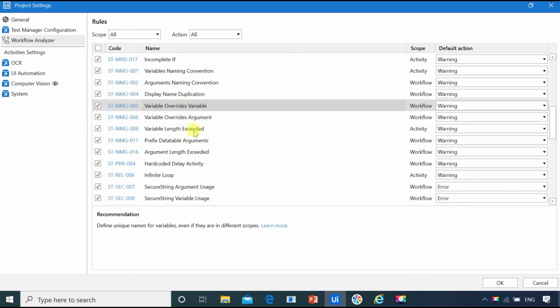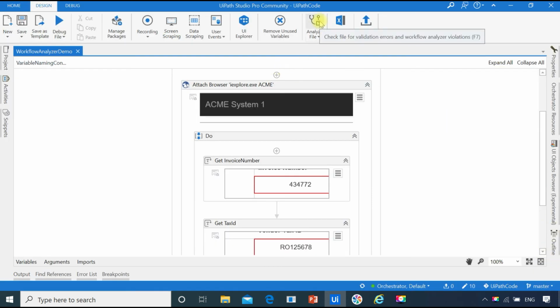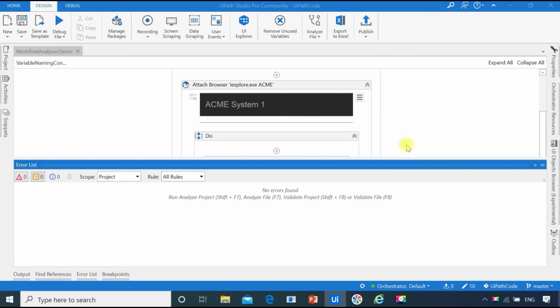I'll click on the Variables Naming Convention rule. Here is the rule. I'm going to include the underscore symbol. No number is required for my project, so I will delete the number. That's it. I'll click on OK and rerun this Analyze File option.